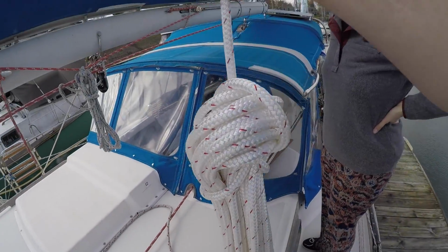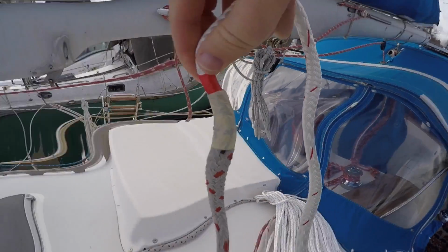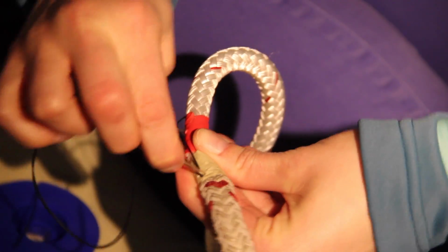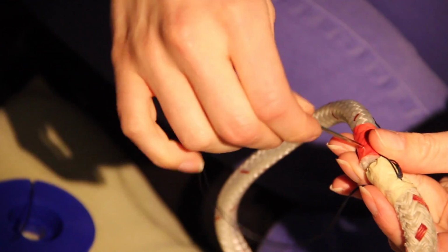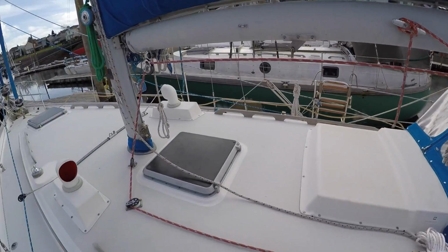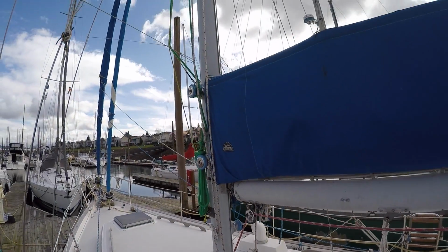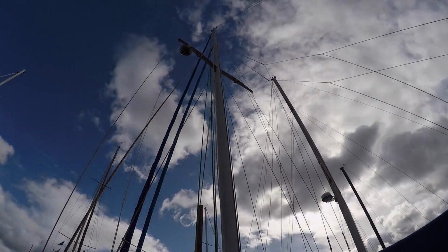Last night Hillary finished up, she whipped these two ends together. Let's see, I'm just gonna sew this line through here. We can go to the other side here. So all we're going to do here is pull down the halyard on one side hopefully, and that should, fingers crossed, all feed through. We also spliced the ends, which was challenging. You did that really well, but...